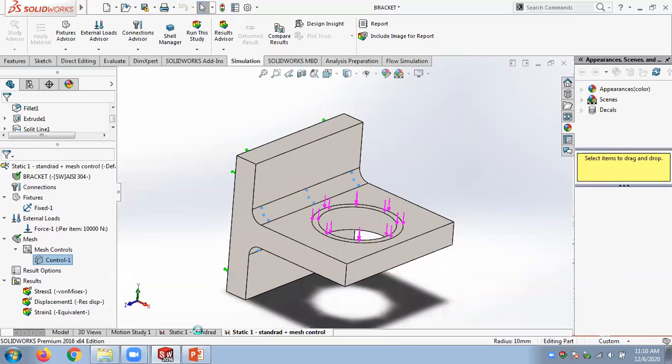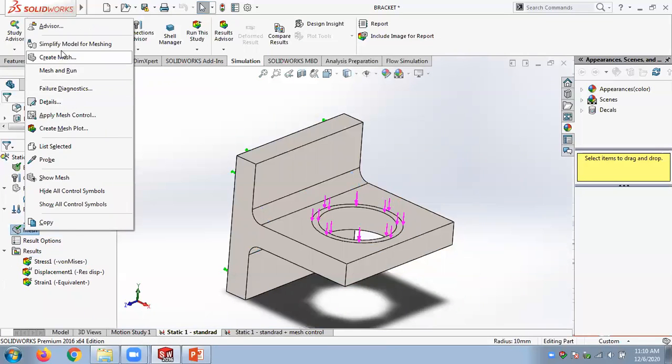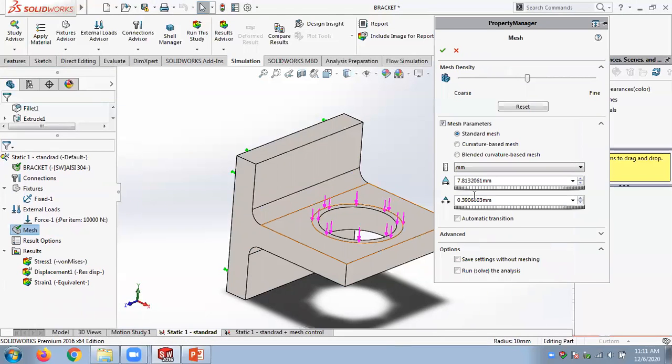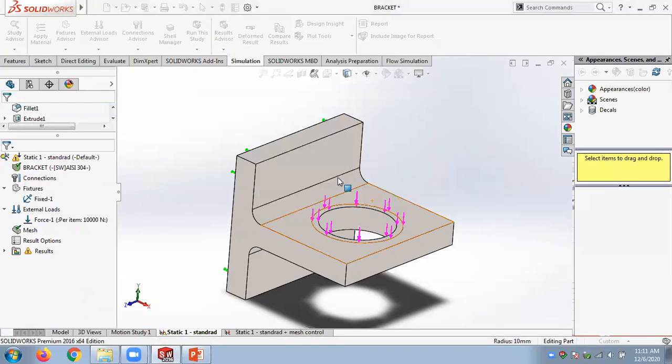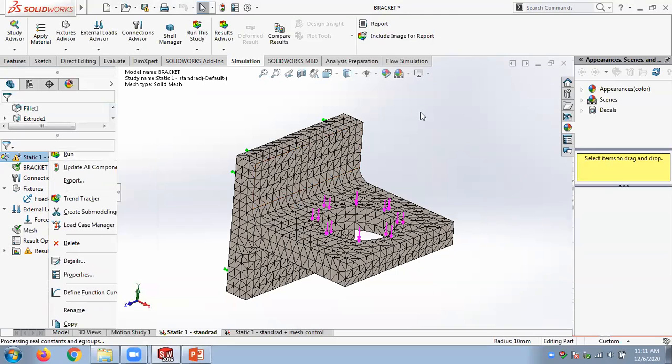If you look at the previous mesh size definition, it's 7.8. So when you control it, it automatically divides by half, 3.9. So earlier the mesh size is 7.8. You run the simulation,